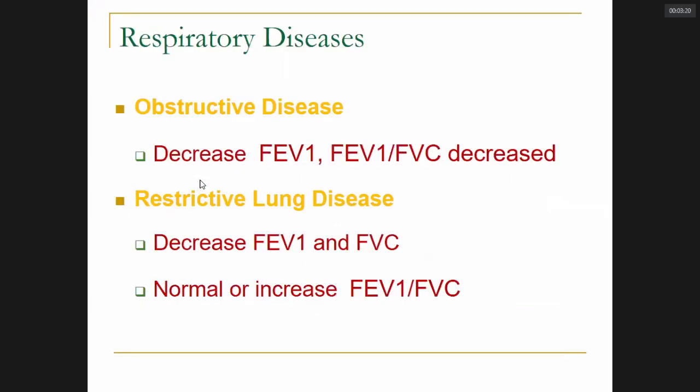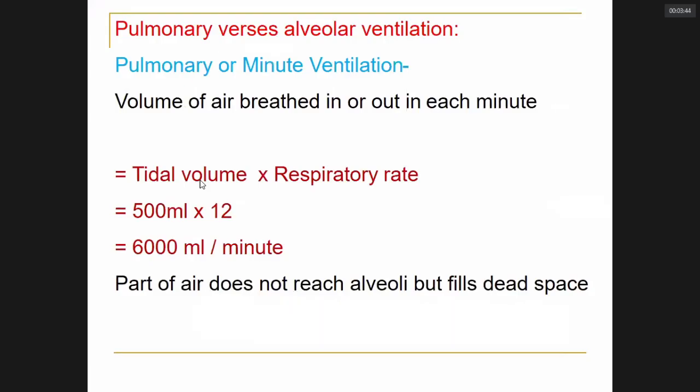Okay, but now this is the summary, bacha. In obstructive lung diseases, FEV1 is less, and the FEV1 FVC ratio is decreased. In restrictive lung diseases, FEV1 is decreased, FVC is also decreased, but FVC is more decreased and FEV1 is less decreased. Okay, bacha. So what will be the ratio? The ratio will be normal or increased. I have told you all of this. And the last objective, which always comes in the options: calculate pulmonary ventilation and